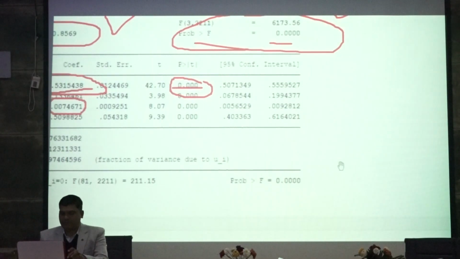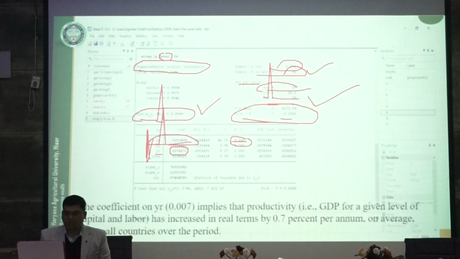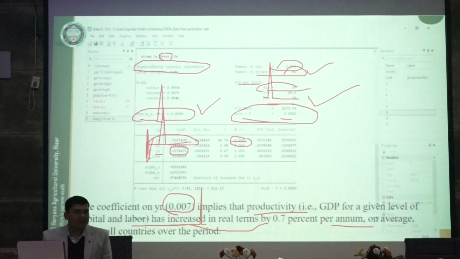Okay, now you can see that the coefficient of yr, that is 0.007, implies that the productivity, that is your GDP, has increased in real terms by 0.7% per annum on average across all the countries over the period. So you can interpret each and every independent variable by their coefficient, and you can check whether these coefficients are